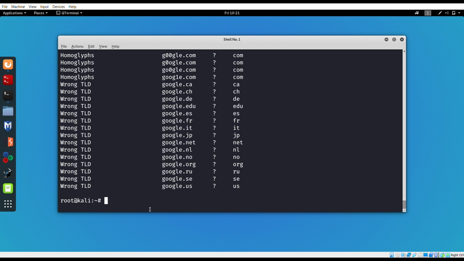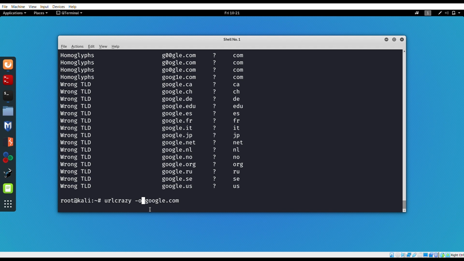So if we want to get all this information that we have collected till now in a file so that we can create a report, then we can do that by using the option -o. So the command for it would be urlcrazy -o, the name of the file, and the domain.